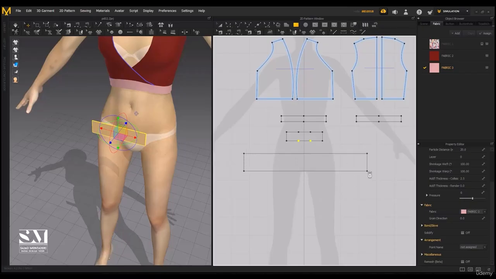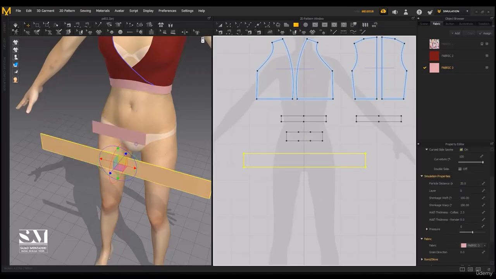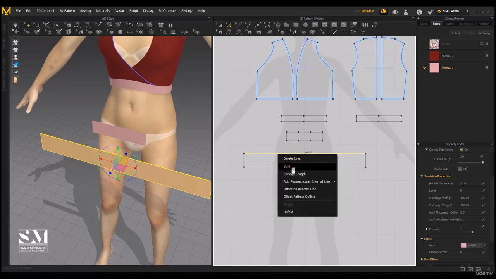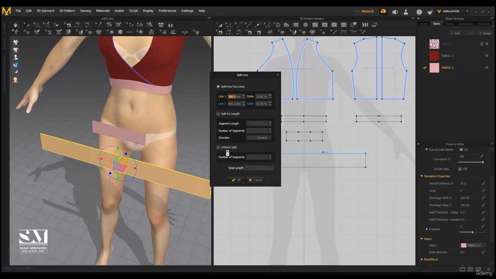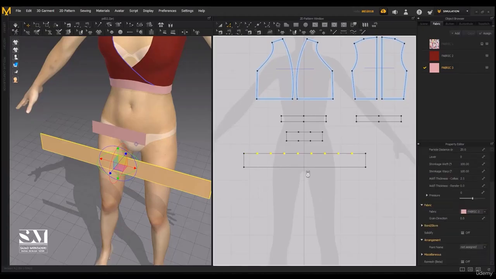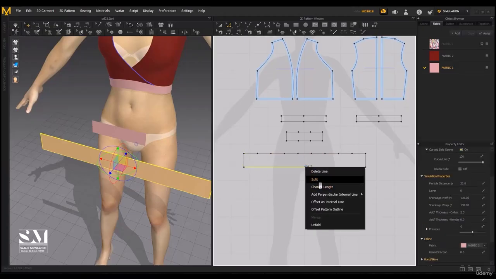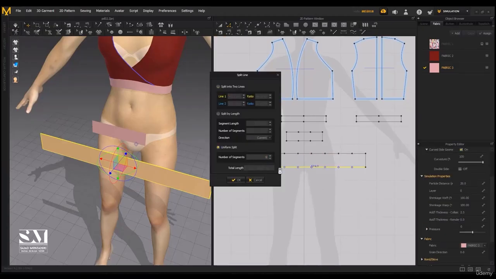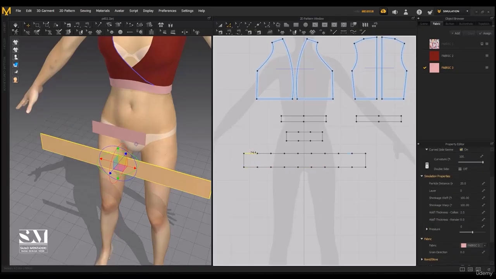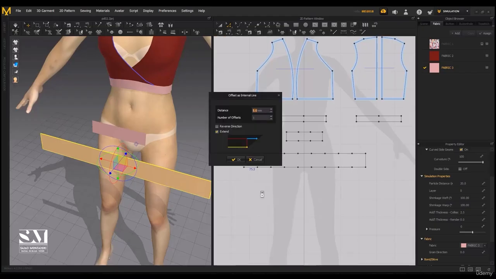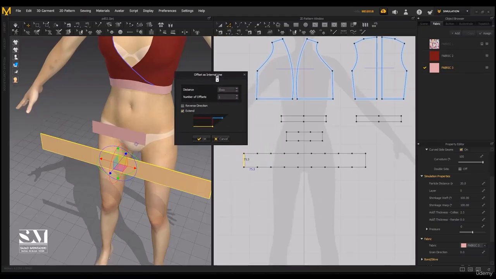Next I draw another rectangle below it. For its top edge, again right click and here split and set it to a multiple of 3. For example, I can choose 9 and okay, and do the same for the bottom edge. Again right click, split, uniform, and number 9 here. Very good. I measure this edge, it's 74.4. Right click, offset as internal line, set distance to 74.4 and number to 8 here, so I choose 8